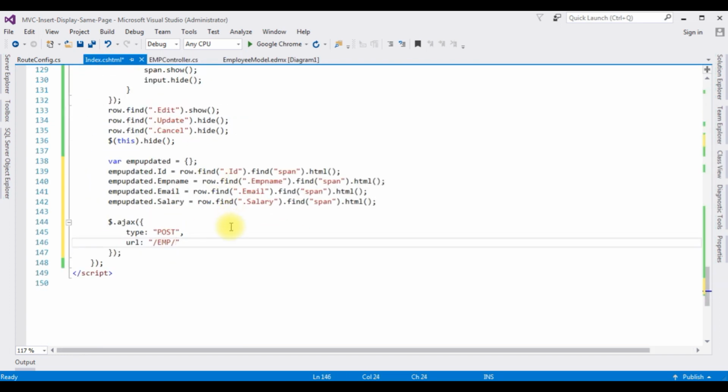Copy this one and paste here, comma, the next attribute, I'm adding the data